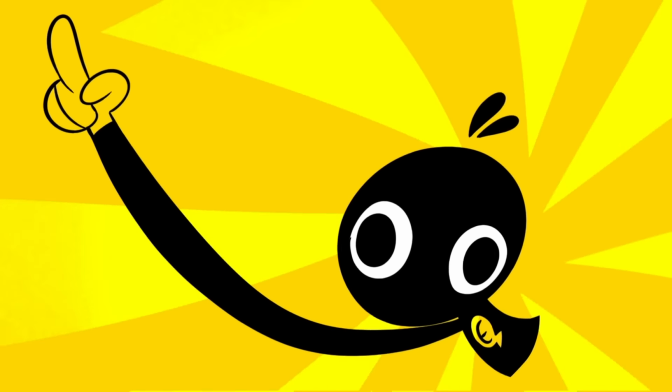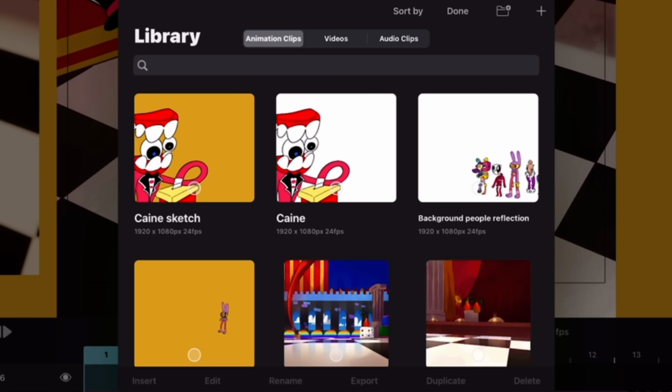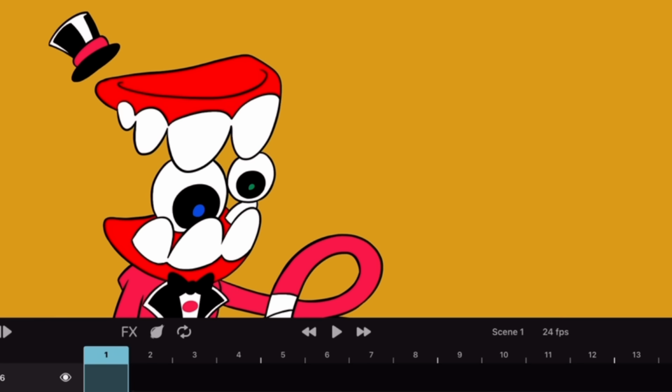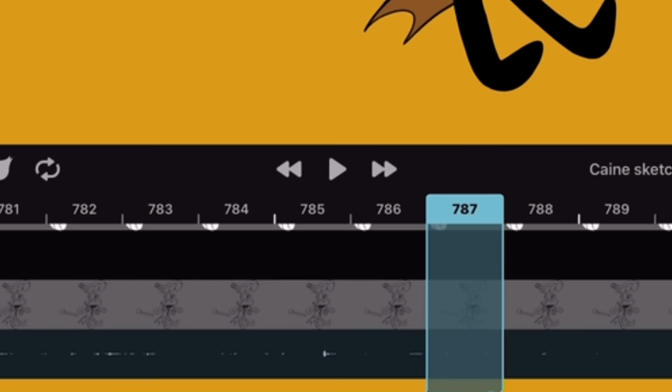Cool thing to point out! I animated Kane on a symbol so that when I put him into the animation, I could move him around and make him float. Because doing that with all the separate layers all at once would be